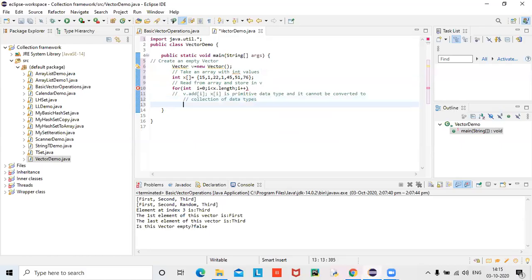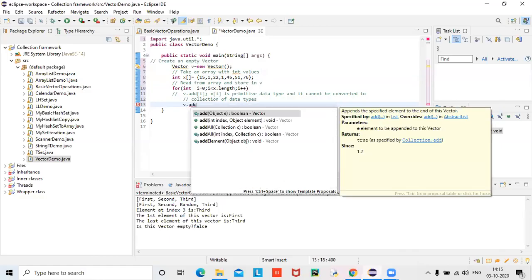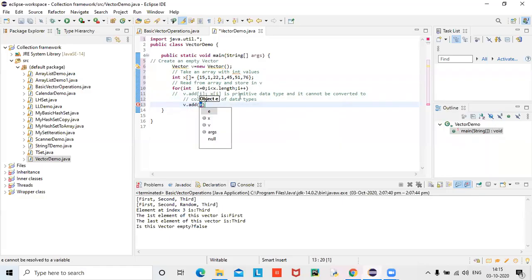So how to overcome this challenge? Of course, for loop it will show like that. Anyways, only one statement I will add. V dot add only I will use still, but see, I am opening brackets. Now see what I am doing. A new wrapper class is there. As part of that, what I am doing is x of I. So what I have done, please study that comment.